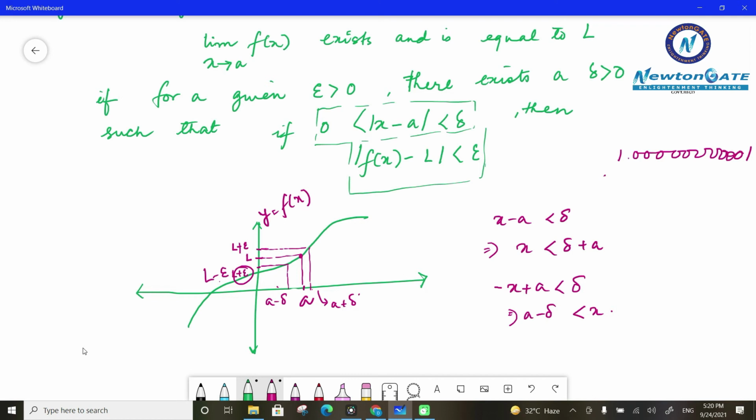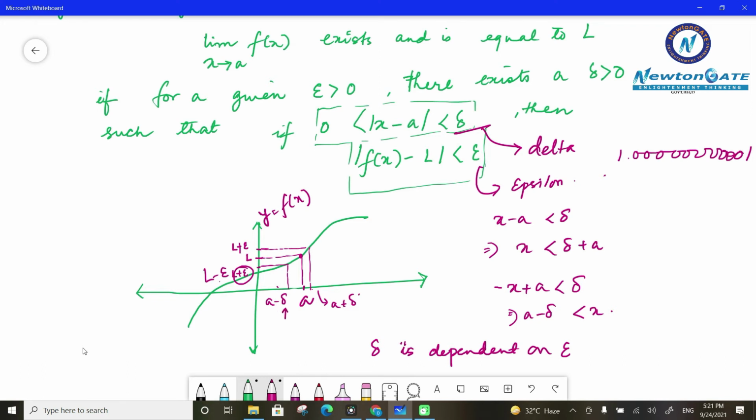Now that we have done the rigorous definition, let us see what is delta and epsilon. This is called delta and this is called epsilon. Now remember that epsilon and delta are related to each other, and delta is very much related to, or rather dependent on, epsilon. So if I have to make epsilon smaller, I have to remember that delta will again be much smaller than epsilon. Okay, because